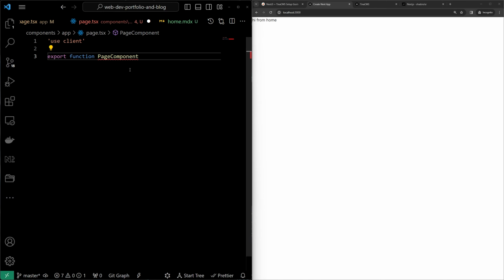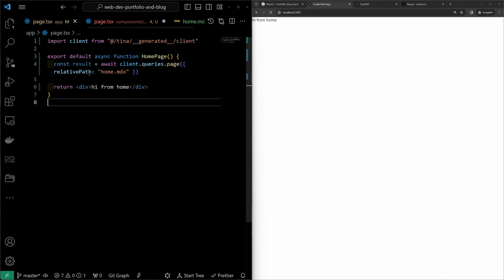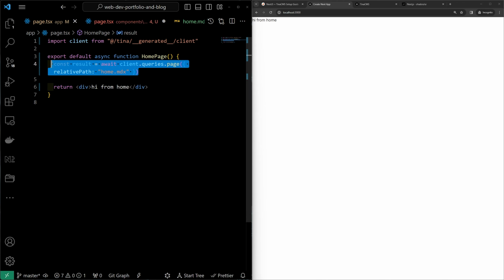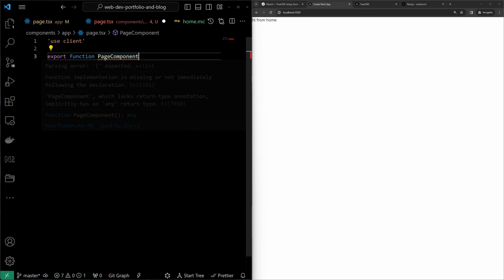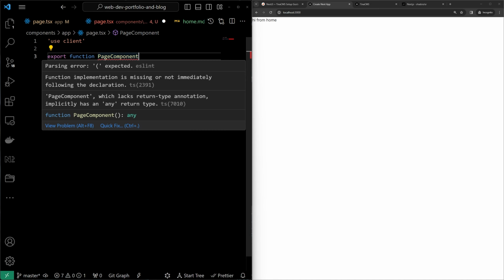So think of this as the actual part of the component that takes in whatever data is requested from the route component. So this is the data that's being requested. Our page component is going to take that information, and it's going to update the content, the actual template of that component, based on the results of that